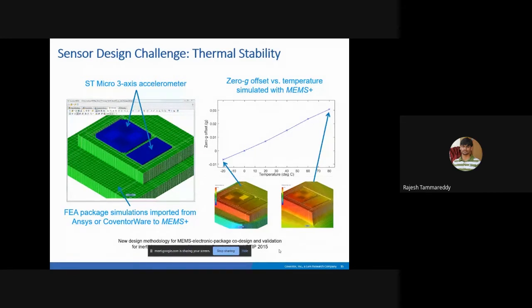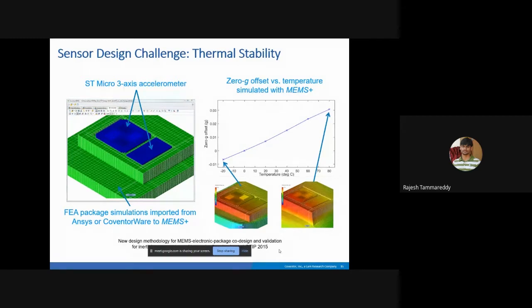If you see the example here, it is an ST Micro 3-axis accelerometer. ST Micro is a company which makes MEMS sensors, and this is an example of a 3-axis accelerometer sitting on a die. Here you are seeing the simulation called 0Z offset. So what is 0Z offset?